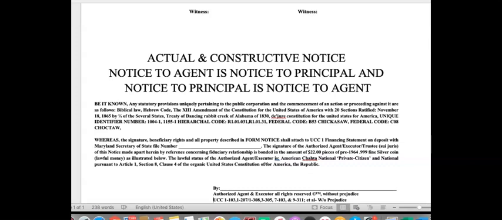And then drop down, whereas the signature, beneficiary rights, and all property described in the form notice shall attach to UCC1 financing statement on deposit with Maryland Secretary of State file number. Now, this is where you put your international, or you can put your regional, whichever one, because they're both just a duplicate. One just has a little bit more going with it. But I chose to use my international because I'm entering into international chambers with my 98 number, right? So we want to make sure that we put our Secretary of State file number for our international filing right